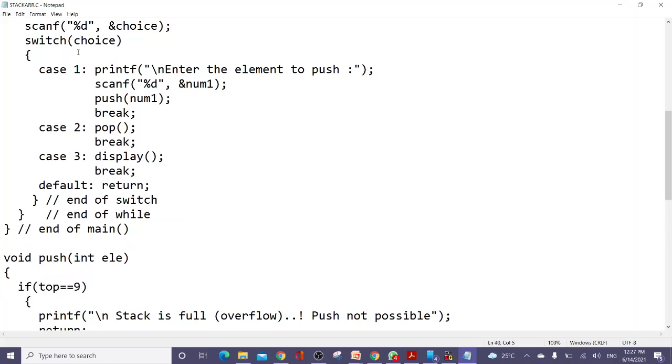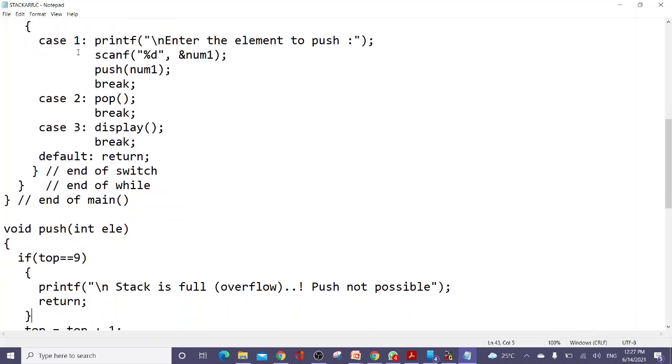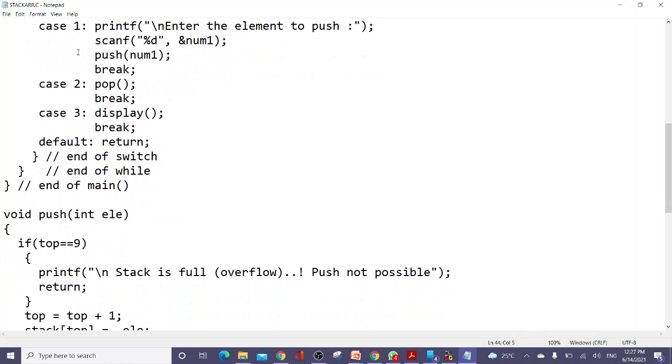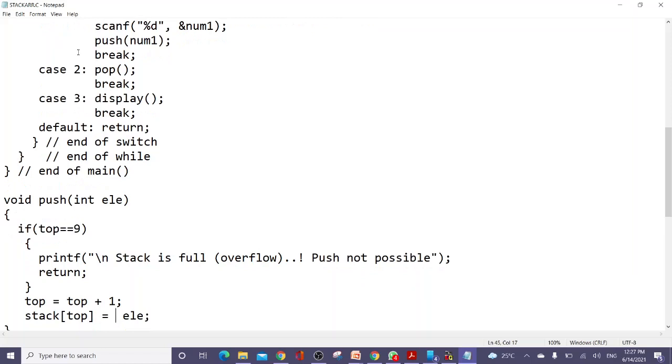If it has reached the maximum, you display stack is full, that is the overflow condition. Push is not possible, and you come out of the function. If not, increase top, top is equal to top plus 1, then stack of top is equal to element. You just display the element. That's it. Increment the top, then store the element.